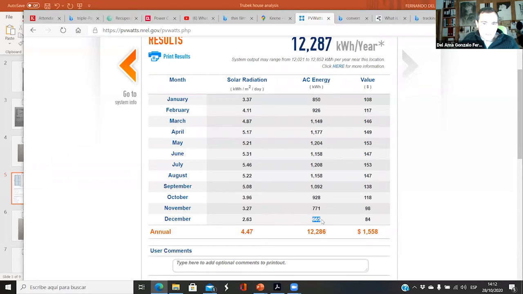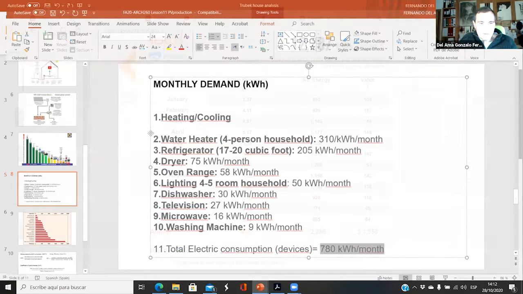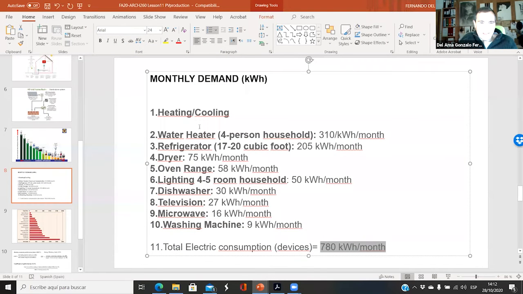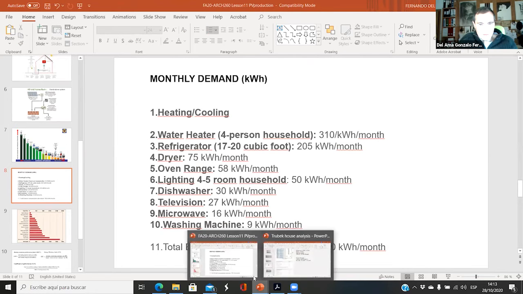Maybe in December we don't meet the demand, but in April, May, or in summer, we have more. So it's quite good. So with this area, we can meet the requirements of the appliances without heating and cooling. If we need to take into account heating and cooling, things will be different. But do you understand that in this house,